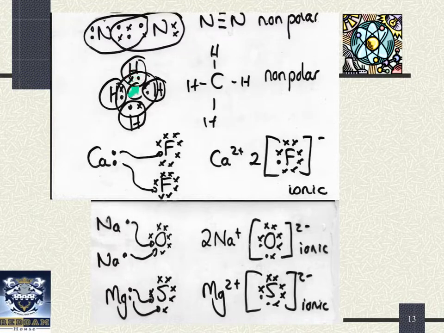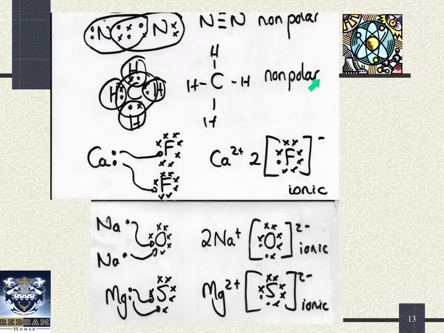When I look at carbon and hydrogen, it's got an electronegativity of 2.5 for the carbon and 2.1 for the hydrogen. When I bond those, I find that they have an electronegativity difference of only 0.4. It's a minimal electronegativity difference. But also this molecule is completely symmetrical. The polarity to the top equals polarity to the bottom. Polarity to the right equals polarity to the left. So any pull that might have happened in any direction is balanced out, and the molecule as a whole is